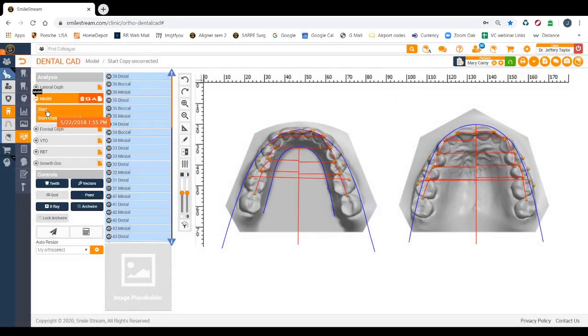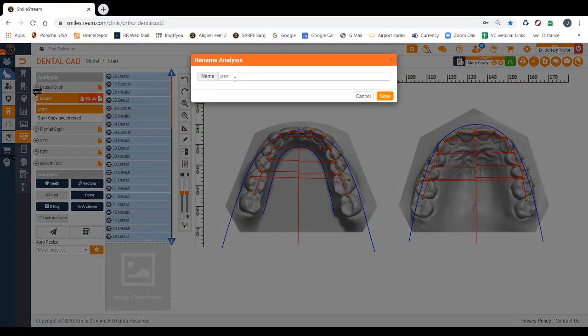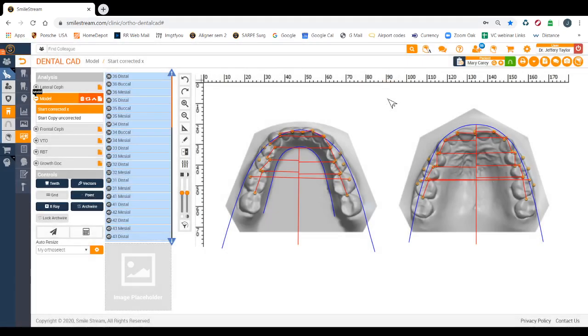And then for the start model, I will rename it, and I'm going to rename it Start Corrected with a little X behind it, and there we go. Start Corrected with the little X behind it, and the reason for that little X will become apparent here in just a minute. So now on the corrected one, we can see this is not the correct archwire in here,